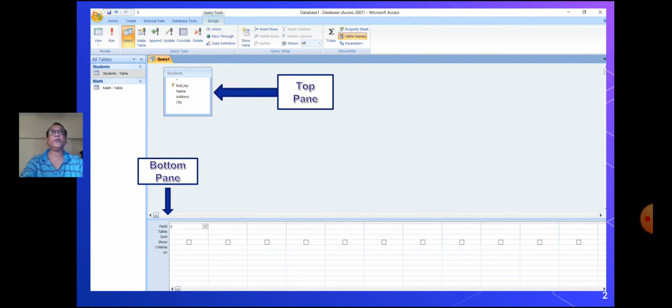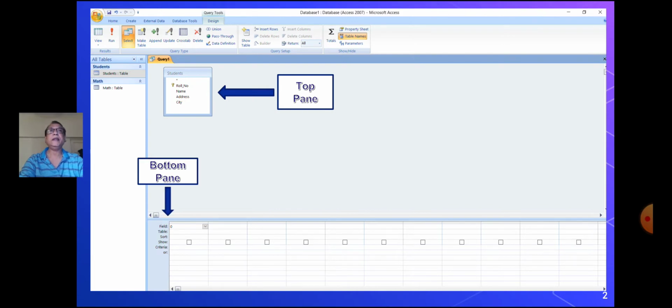The selected query table displays a list of fields which you can add to the query. The bottom pane displays the design grid. We can add fields to the query by dragging from the field list to the design grid or by double click on the field.